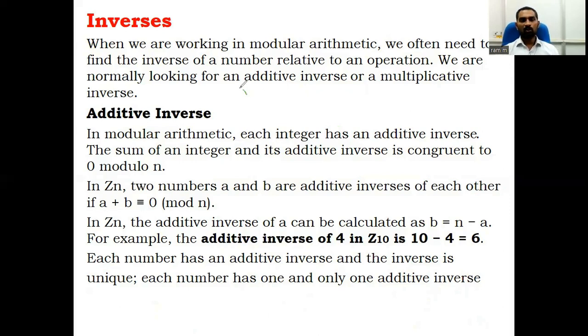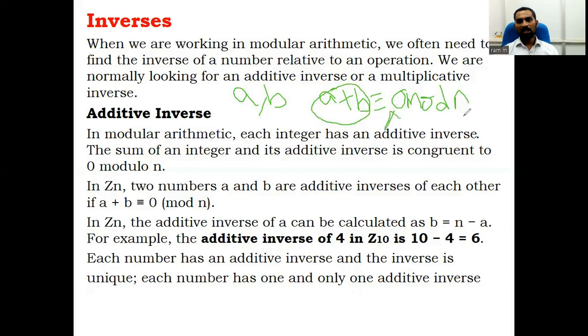So we say two values A, B are additive inverses if A plus B is congruent to 0 mod n. That is, the sum of those two values produces a residue of 0 with respect to